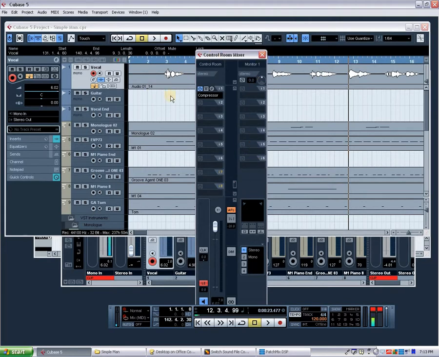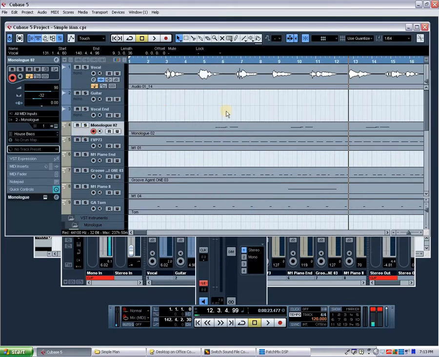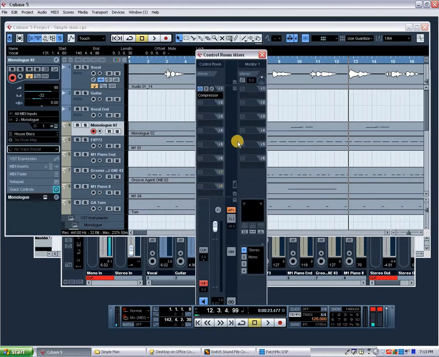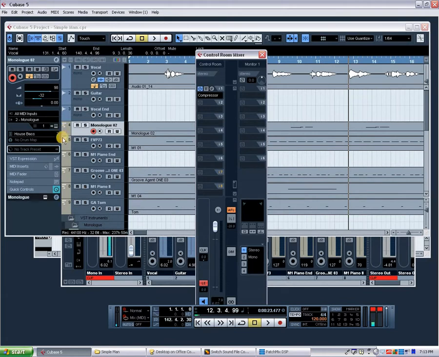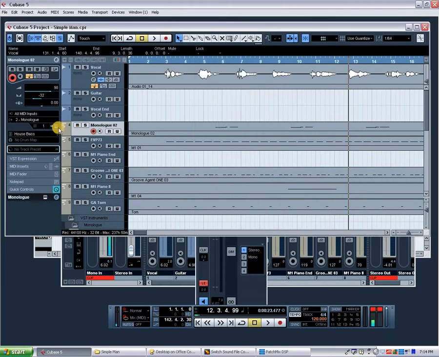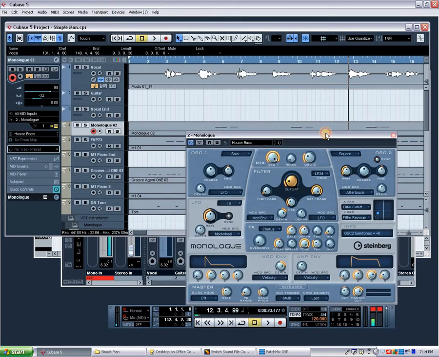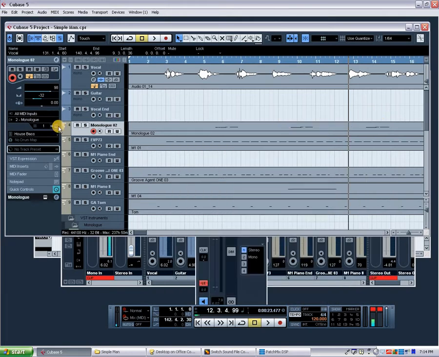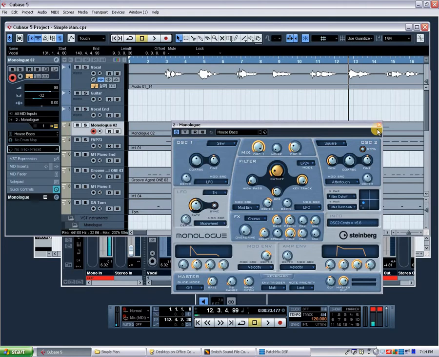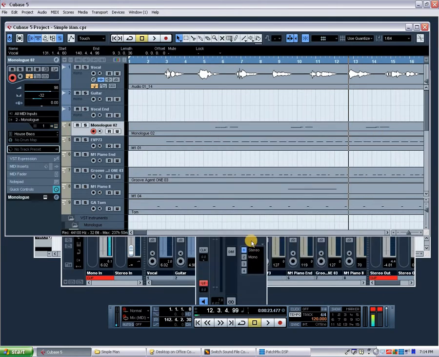Oh, I also wanted to point out too, the option here to view the compressor interface is very similar to this option when you want to view the interface for the track, the virtual instrument. You just click on this little icon. All right, so with that being said,